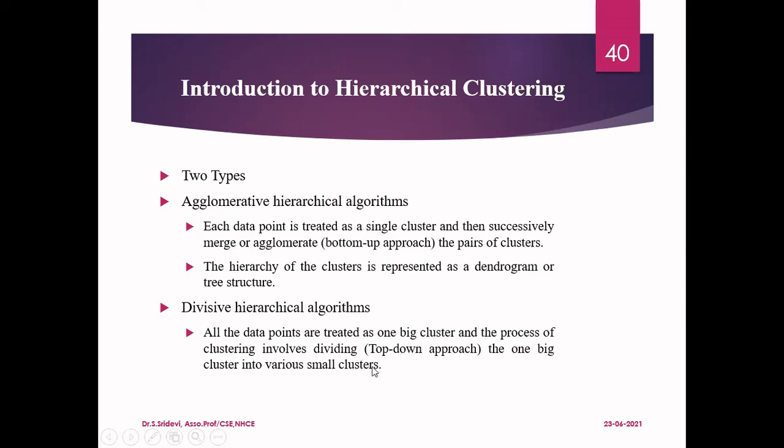In both cases, when you reach the optimal criteria that you set, you will stop the process. Generally in agglomerative, we go until we get one big cluster because we are merging. Whereas in divisive, we proceed until the number of clusters is equal to the number of data points. Then how is it called clustering? In the first case, you are merging and coming up with only one cluster. In the second case, you are splitting everything and coming up with n number of data points. Then where are the clusters formed? That we will see. For that only, we are using this dendrogram.